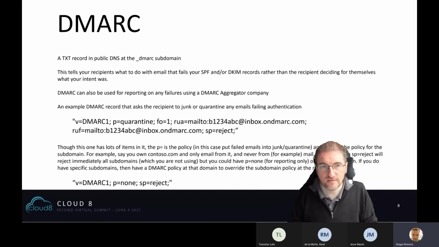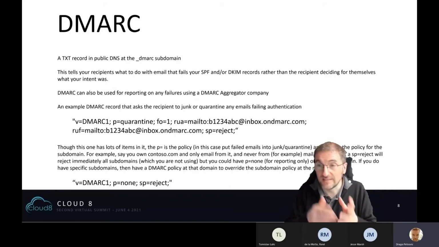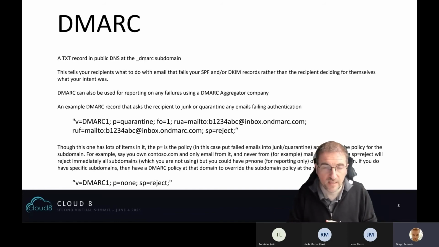Again, a text record. This one's at the _dmarc subdomain, rather than the root as SPF is. It tells your recipient what to do with SPF or DKIM failures. So we've got an example in the middle there. It's v=DMARC1 semicolon. So semicolons are used here to space the sections out,